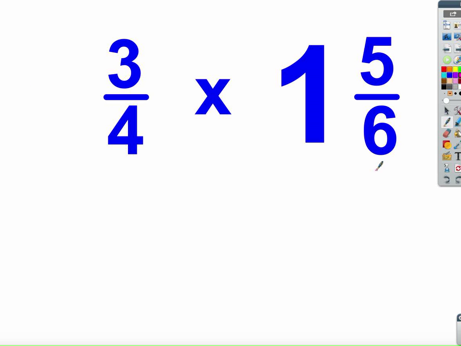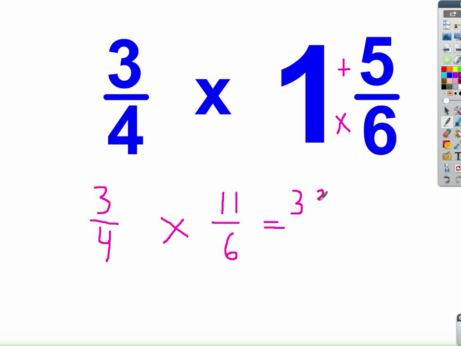How about 3/4 times 1 5/6? Now 3/4 is already a fraction, so we can leave it that way. But this one is not a fraction, so we have to fix it. So we make it a times and a plus. 6 times 1 is 6, plus 5 is 11/6. So when we multiply that, we get 33